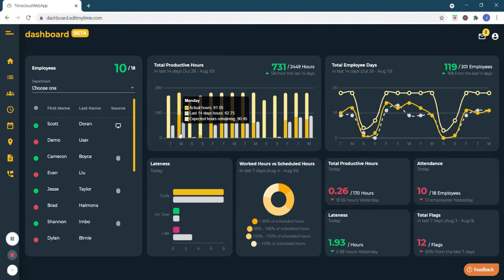So we can see first that on this Monday, the actual hours worked were 91, roughly 92 hours. And the expected time was about double that. And you can see there were 90 hours remaining that should have been filled. In comparison to Monday a fortnight ago, it was 62. So we've gone up 30 hours from 62 to 91,